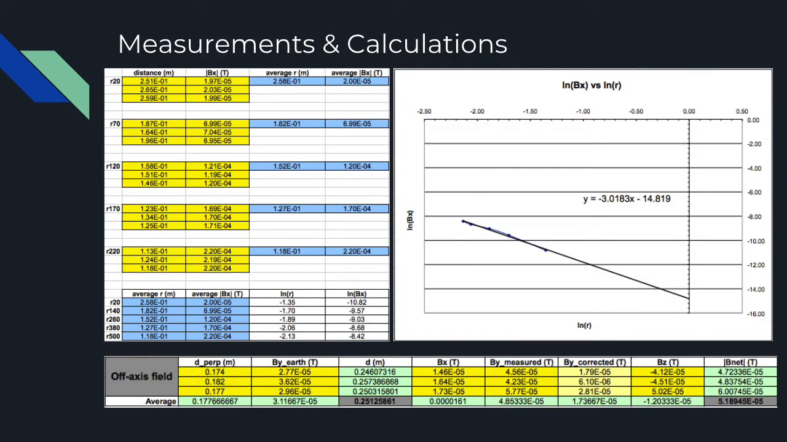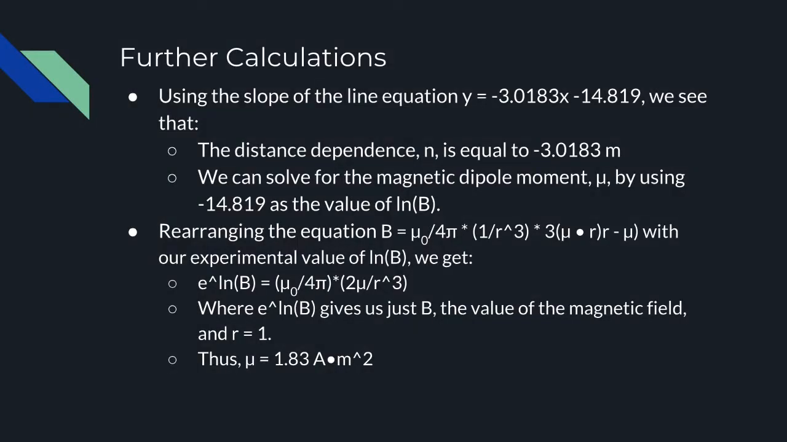Shown here is the experimental data that I collected using the smartphone app. On the left-hand side are tables with the on-axis magnetic field measurements. The bottom table shows the off-axis magnetic field measurements, and the graph shown is a line graph of the averages of the magnetic fields. Using the slope of the line equation, y equals -3.0183x minus 14.819, we see that the distance dependence n is equal to